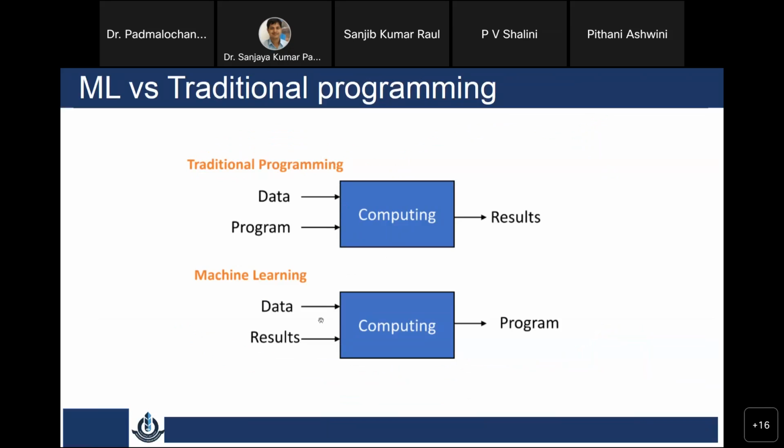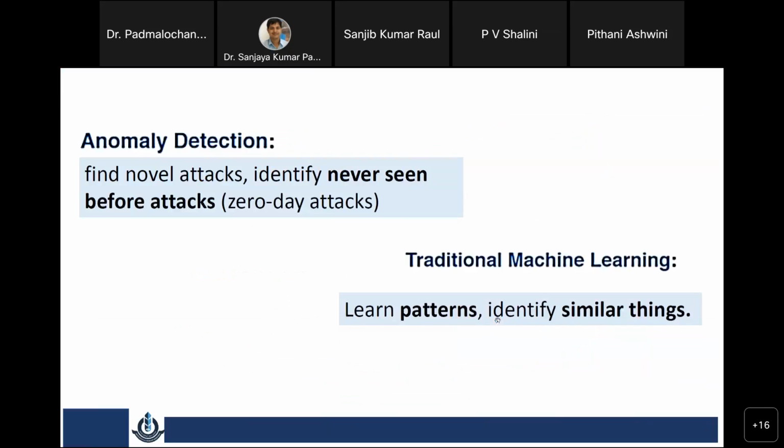What is the difference between traditional programming and machine learning? Here you can see that in machine learning, result and data are the input, and output is basically a program, right? Anomaly detection basically identifies never seen before attacks or zero-day attacks. That is the best thing of anomaly detection over signature based. So we should use anomaly detection, but we should integrate machine learning in that, because machine learning